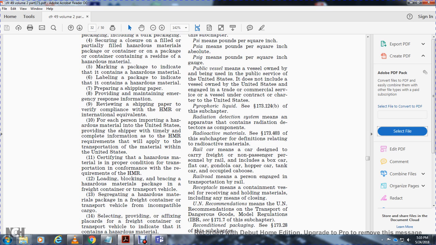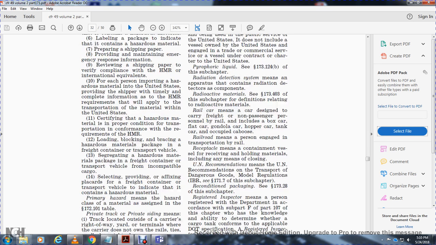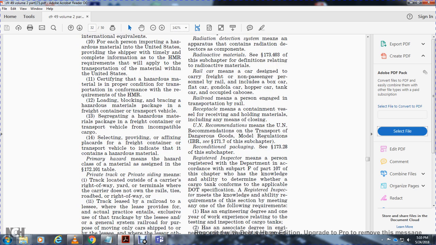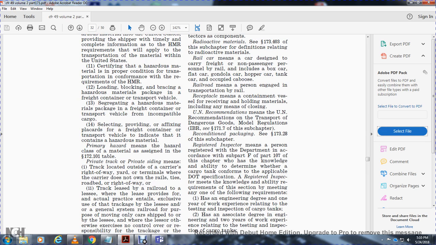Segregating hazardous material: the package and the freight contained within the transportation vehicle must be compatible with the cargo. Placarding means affixing the black card on the freight container or transportation vehicle to indicate the contents of the hazardous material, the primary hazard, with the meaning of the hazard class of the material assigned in 172.101 Table. Private track means the track located outside of the carriage right away